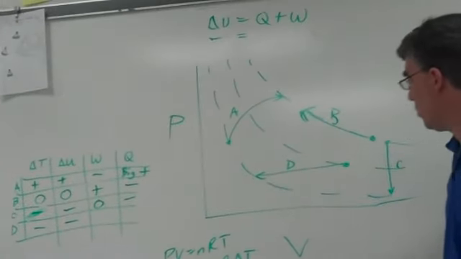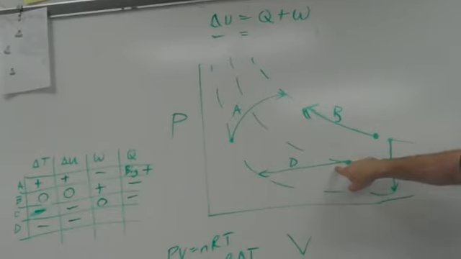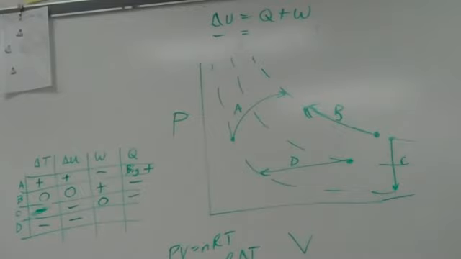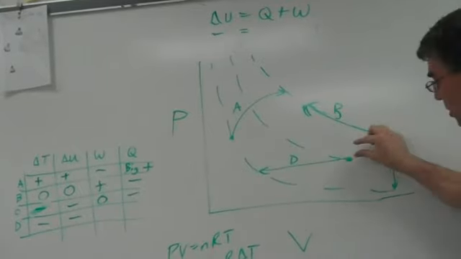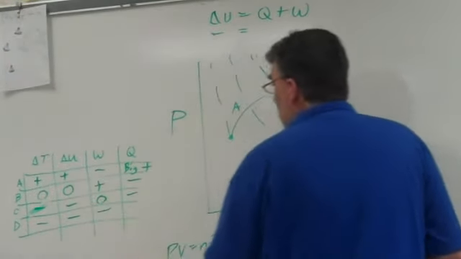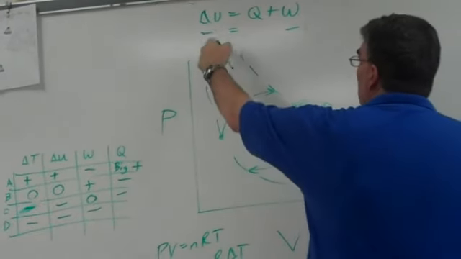Now let's look at work. Is work being done on the gas, or by the gas? If it's being compressed, then work is being done on the gas because the volume is decreasing. So that's positive work. So if delta U is negative and W is positive, then Q has to be, let's see here,